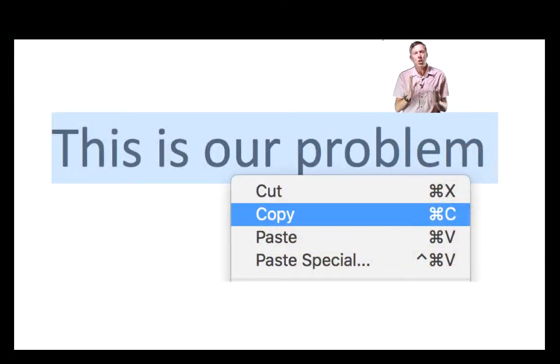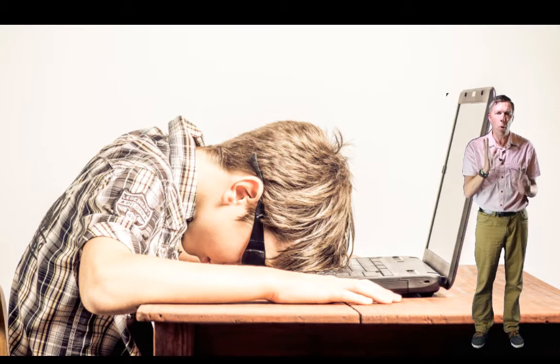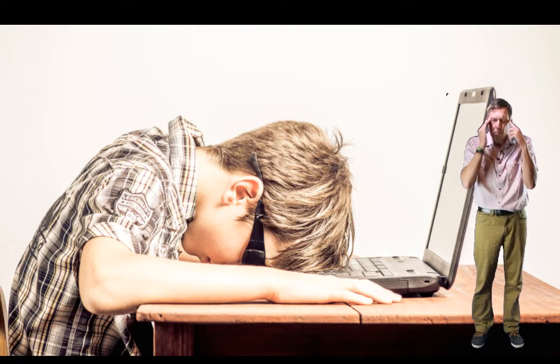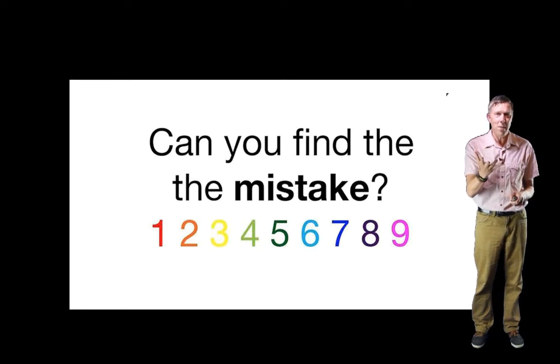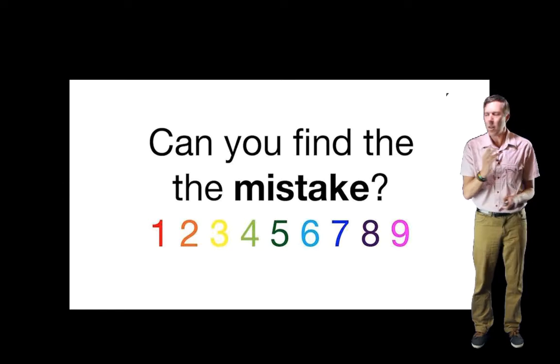But there's a problem. You see, as I try to use technology in the classroom over the last 15 to 20 years, over and over again, I'm a little slow learner. It just didn't seem to be working like I expected. And it's slowly dawning on me that there's a problem. But the problem is so obvious that I just couldn't see it. Now, if you're anything like me, sometimes when something is so obvious, I just don't see it, like this.